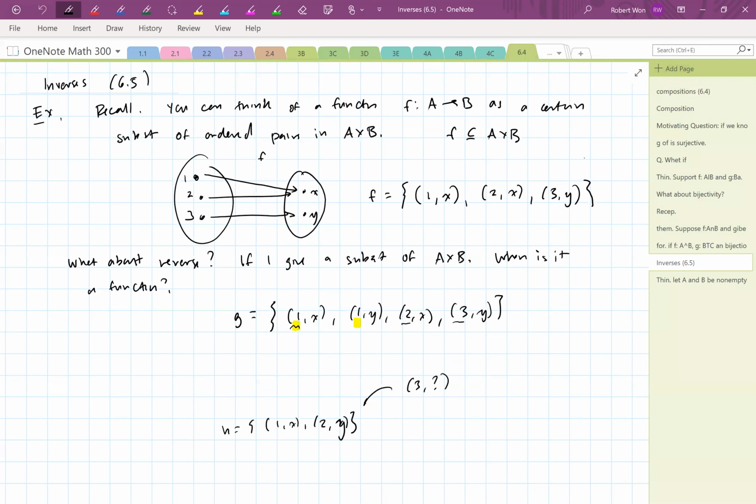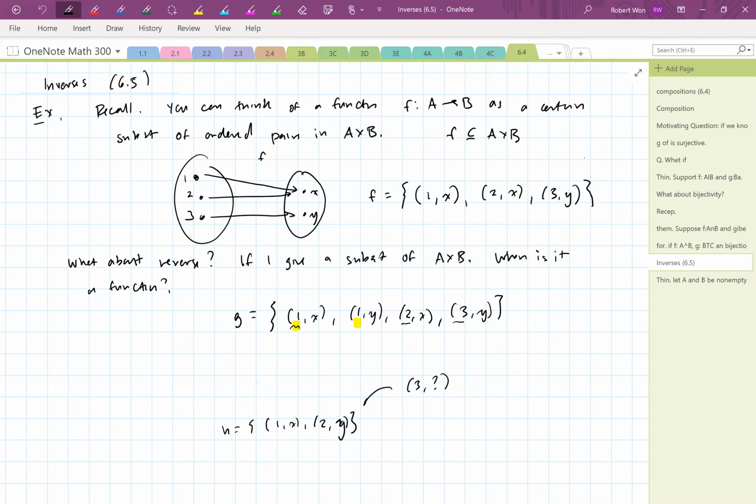Okay, so today we'll talk about inverses in section 6.5. And then for the second half of the lecture, we'll talk about relations. We'll start talking about relations, which is chapter 7. Okay, so let me just remind you what we did at the very end of last lecture, which was we